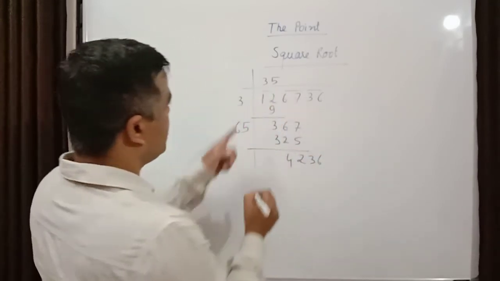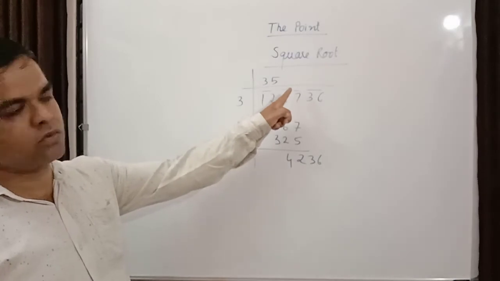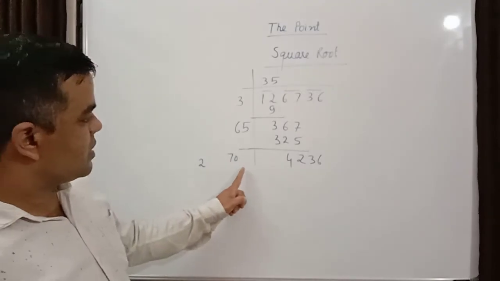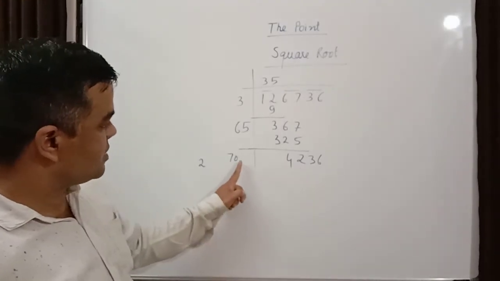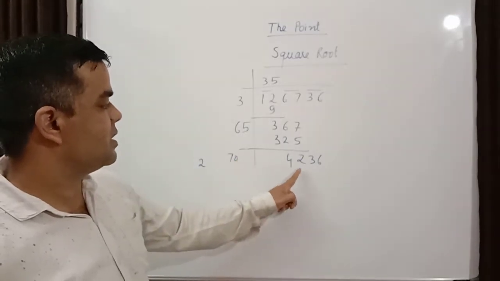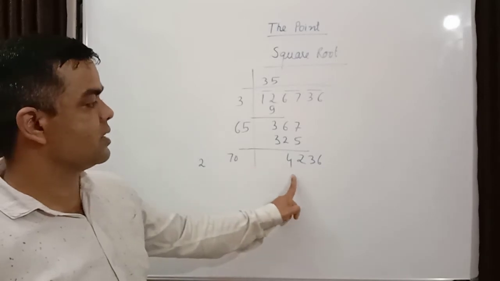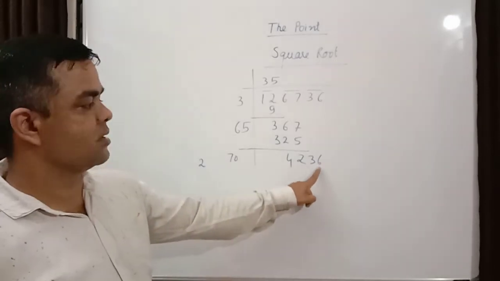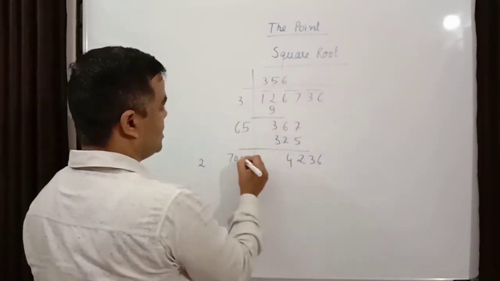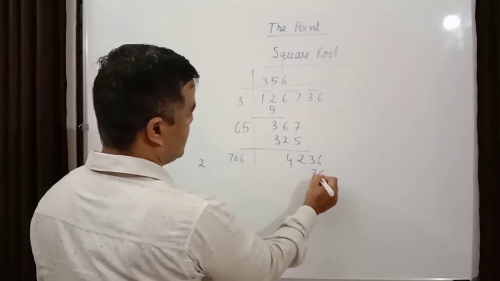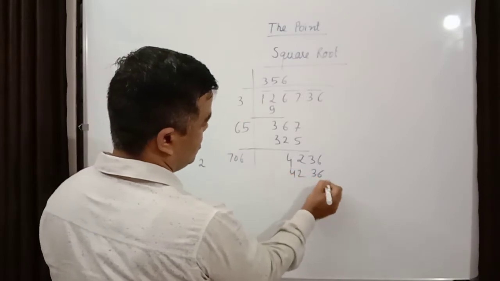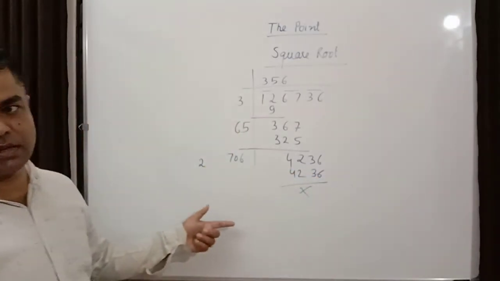Now make double of this, into 2. 35 into 2 is 70. So now make the calculation of this, because if you add 1 here then it will be 701. Then if you multiply it by 1 then it will come 701. So accordingly you calculate and see, at last it is 6. So 6 6 are 36. Maybe the possibility is to keep here 6 and calculate. 6 6 are 36. Complete 36 has come because here it is 0, and 6 7 are 42. So this way you can do longer calculations.